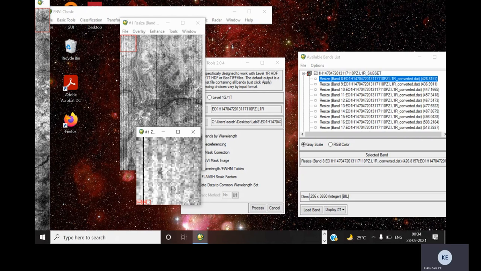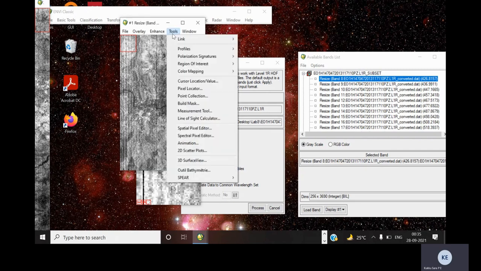So here you can keep your cursor on this strip line, and from the tools select spatial pixel editor.